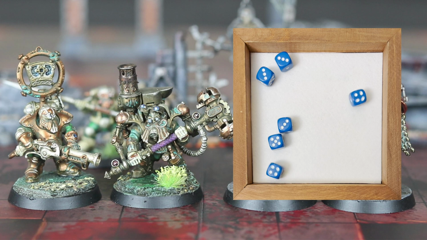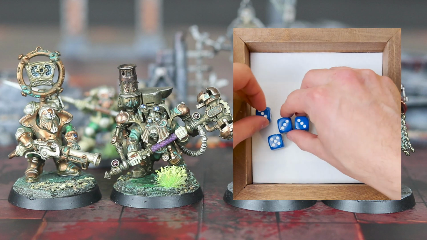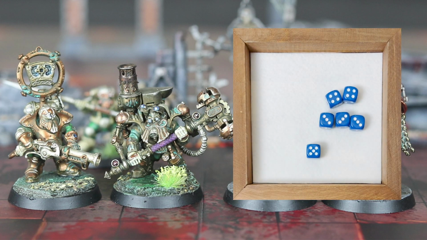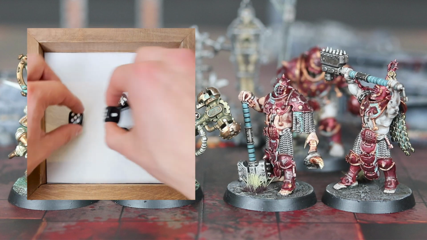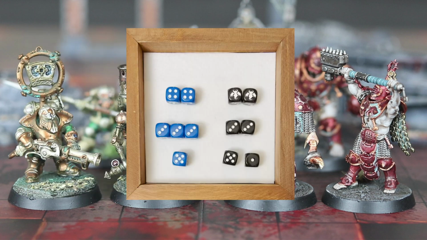We will start things off with the Kharadron Overlords, and they end up getting a triple, a double, and a single. For the Iron Golems, they will roll, and they end up getting a pair of doubles and a couple singles. Both warbands decide to hold off spending any wild dice this round, and we will begin the game with